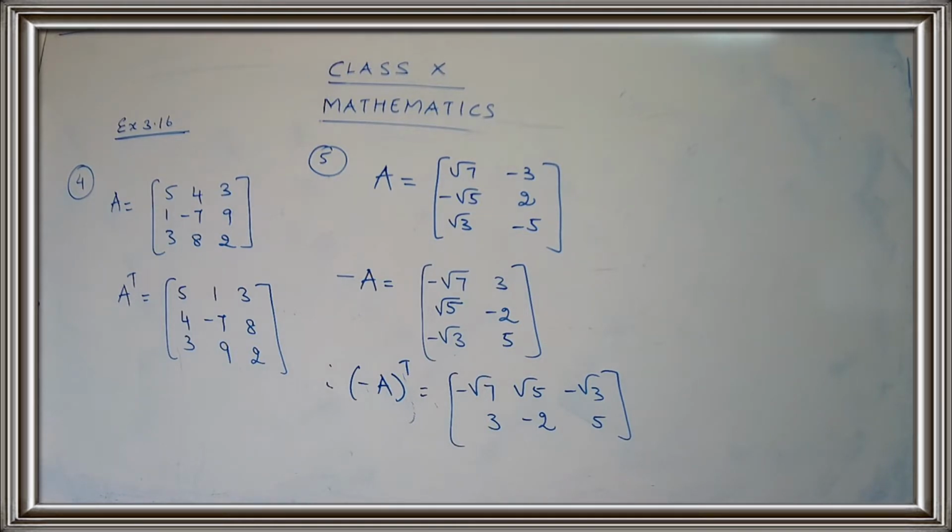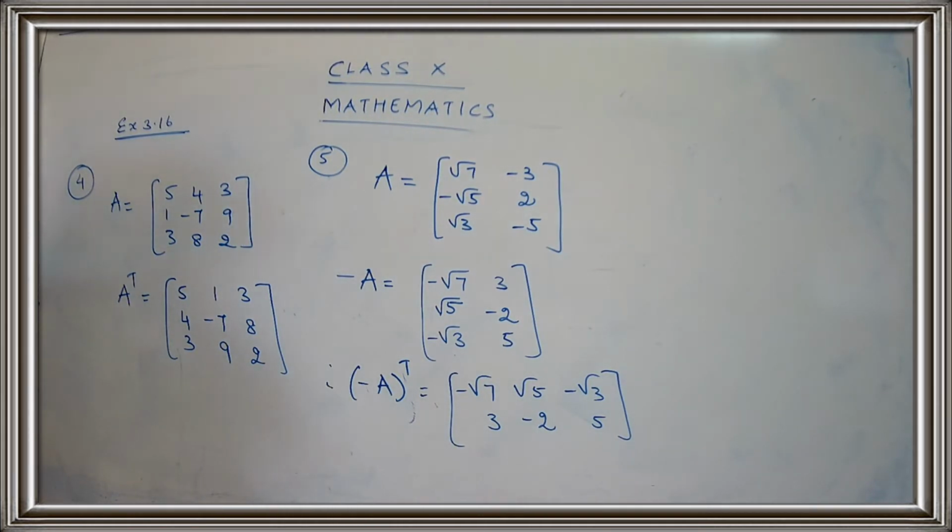Are you clear? Okay, so there is a difference between sum number 4 and sum number 5. Just read the question carefully and you have to answer. Just don't close your eyes and just write. As soon as you see the transpose, you get the transpose for A. See whether they have asked for a negative or they have asked for the same matrix. So accordingly, you have to proceed with your sum. Okay, children? Now let's move to sum number 6.